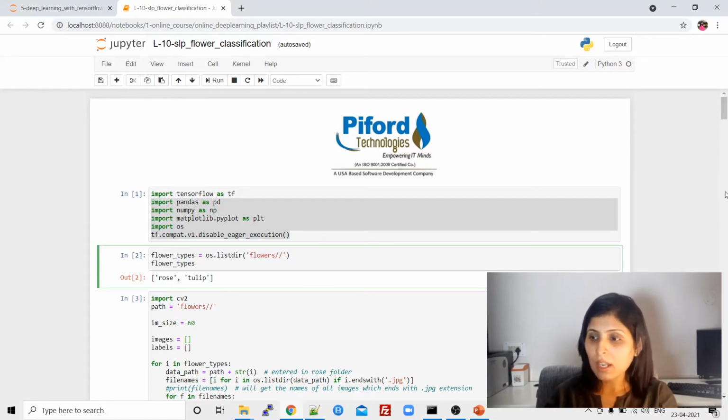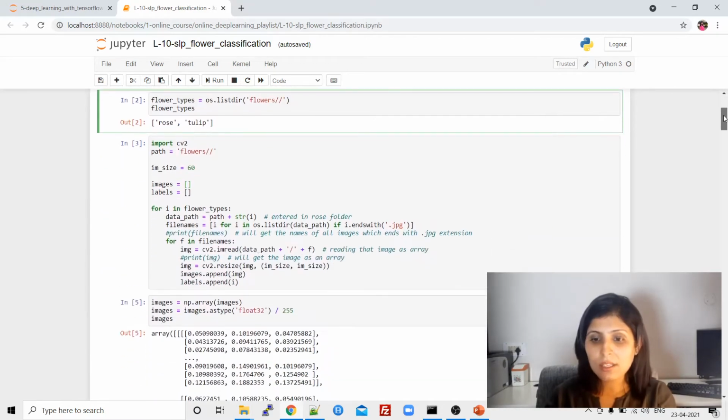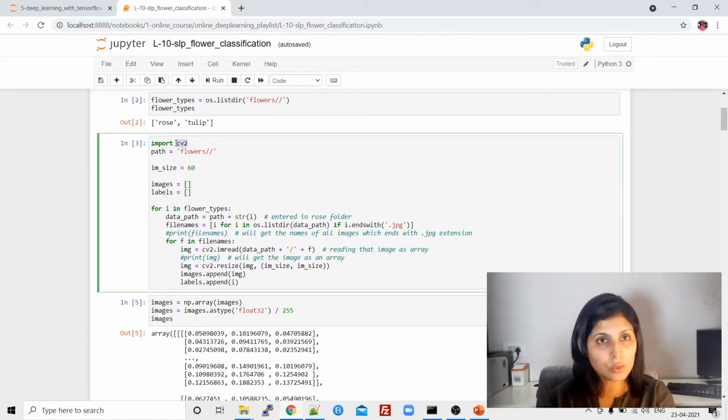Okay. Now, the next task is to resize all the images. Guys, remember I've told you, whenever you want to work on an image dataset, the very first thing is you need to resize all your images. So that's what I'm doing over here. I am using the cv2 module, import cv2. Guys, you need to install this module.